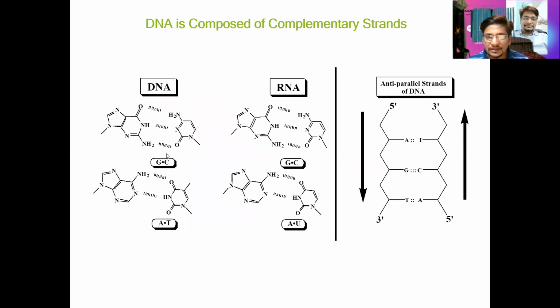This is the structure shown over here, DNA and RNA, and you can see the anti-parallel structure which is present over here, and you can see one side is going to be 5' to 3' and the other is going to be 3' to 5', and perfect complementarity is going to be there. Adenine is always going to have the hydrogen bond with thymine, and guanine is always going to have the hydrogen bond with cytosine. You can see in this there'll be 3 hydrogen bonds formed between G and C, which makes it a little more stable, and A and T will have 2 hydrogen bonds.